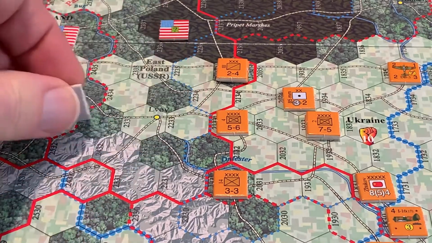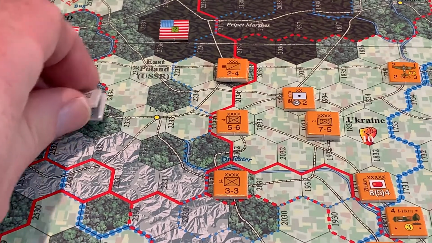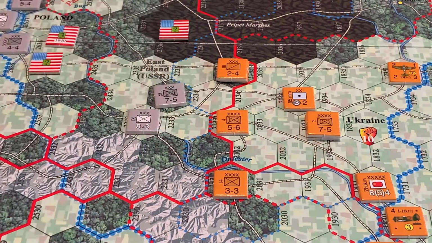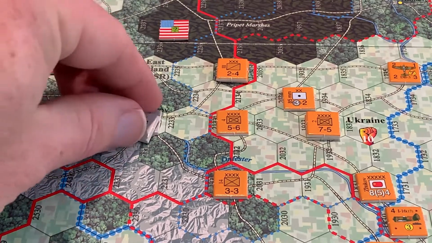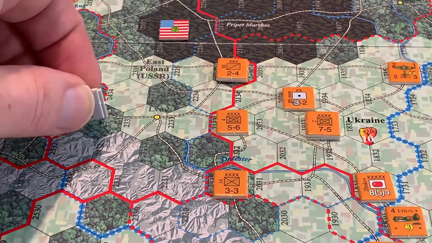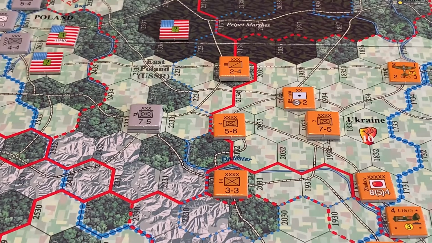A moving stack, however, may choose to drop off units along the way. So they can begin moving as a stack, and as they move into hexes along the way, you can choose to drop off the unit. However, what you cannot do is start moving, enter a hex, and then pick up a unit along the way. So dropping off is allowed, but picking up is not. Now, a unit must stop when it has used its last remaining movement point or if it enters an enemy